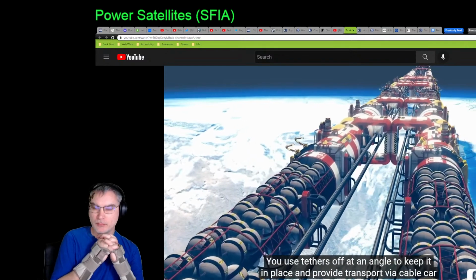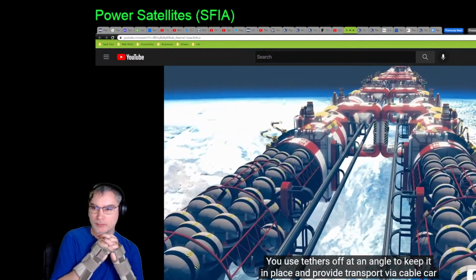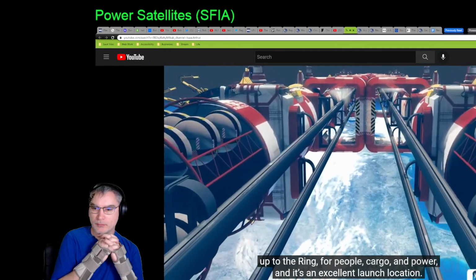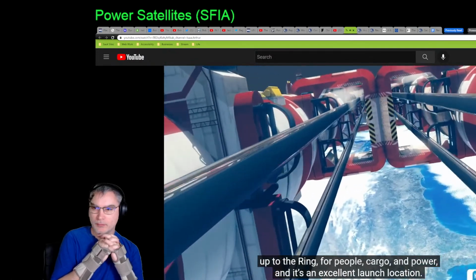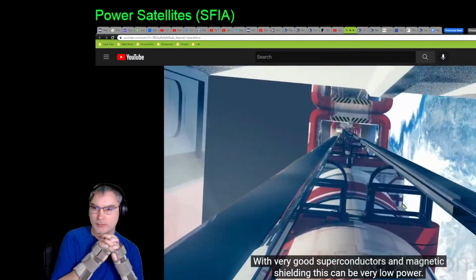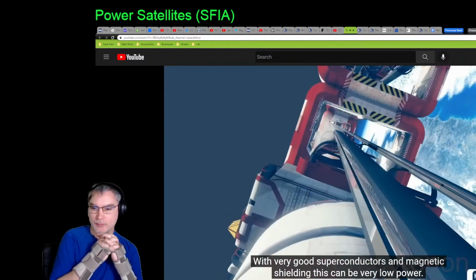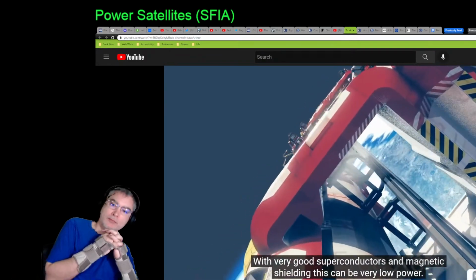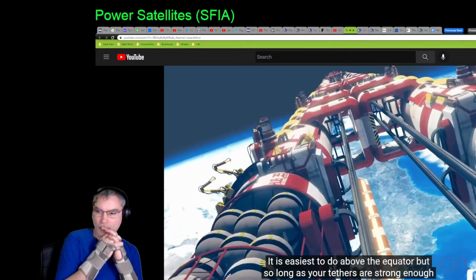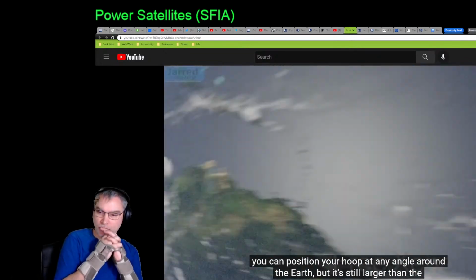to power it. You use tethers off at an angle to keep it in place and provide transport via cable car up to the ring for people, cargo, and power, and it's an excellent launch location. With very good superconductors and magnetic shielding, this can be very low power. It is easiest to do above the equator, but so long as your tethers are strong enough, you can position your hoop at any